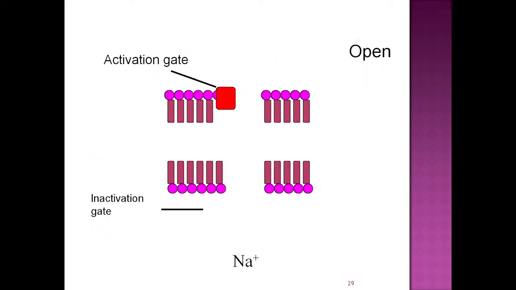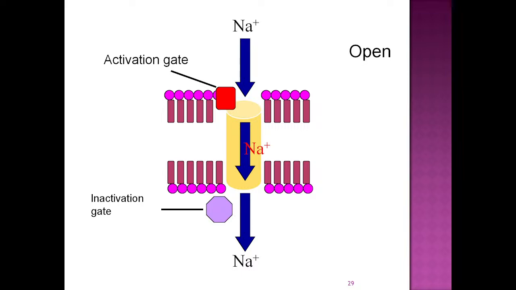So this is a diagrammatic representation, a graphic, for sodium ion channels. This is the lipid bilayer, this is the activation gate, and there is an inactivation gate. So this is what state of the sodium channel? This is the open state, where both activation and inactivation gates are open. What will happen here? This is the channel, the pore in between. So sodium will easily be able to traverse through this, going from outside the cell to inside the cell.